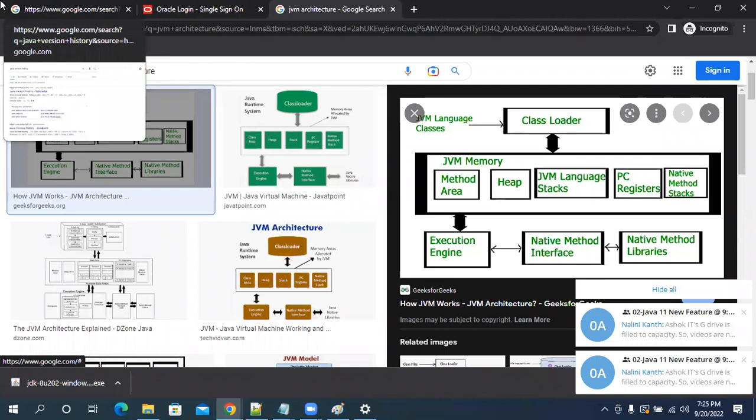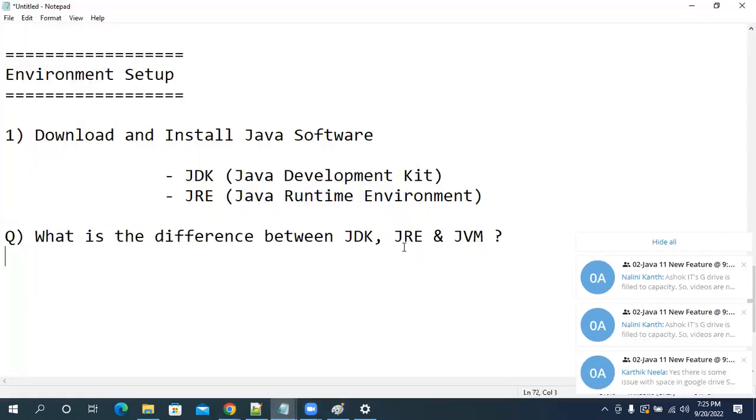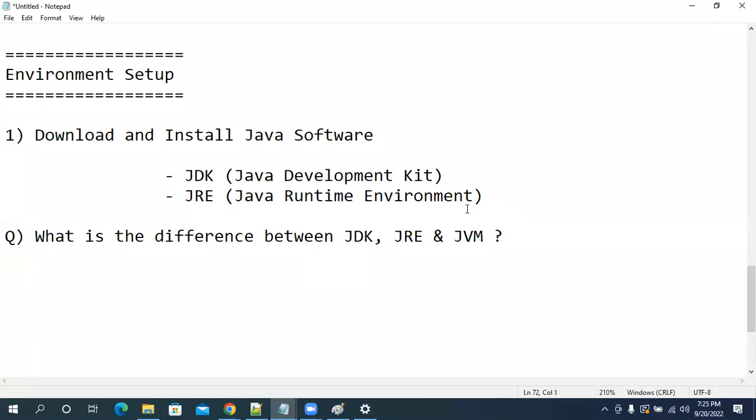That also will come. Compiler, interpreter, assembler. There are three components available in the translators, I'm going to explain that. Both are available. Interpreter is available and compiler is also available in Java. We will come to that as well. Okay. Good. Yes, guys, you need to ask some questions like that.